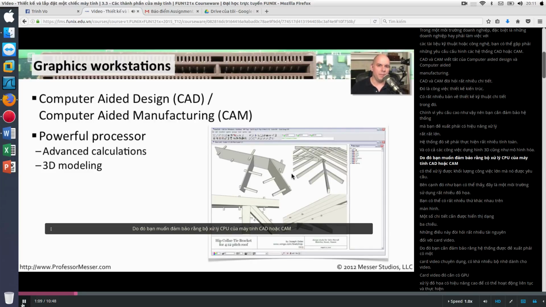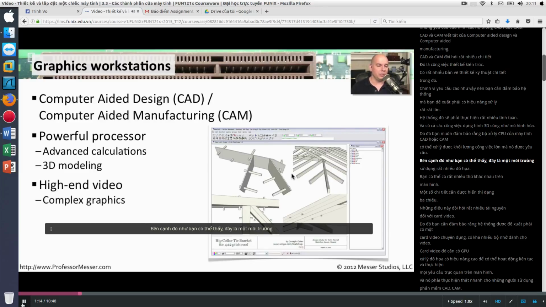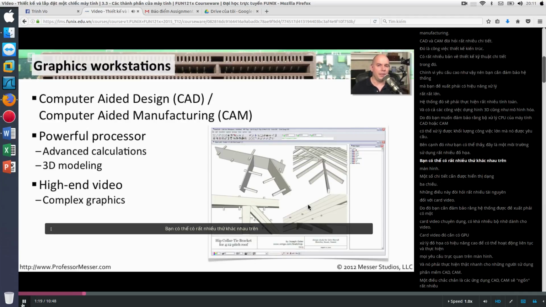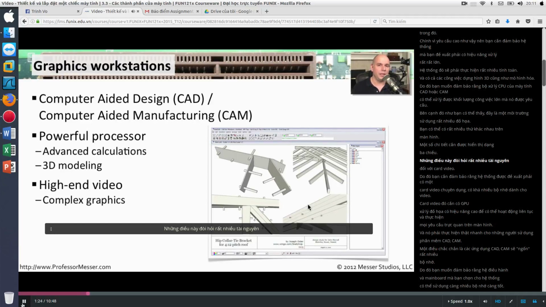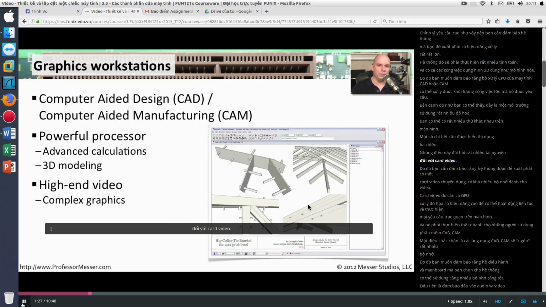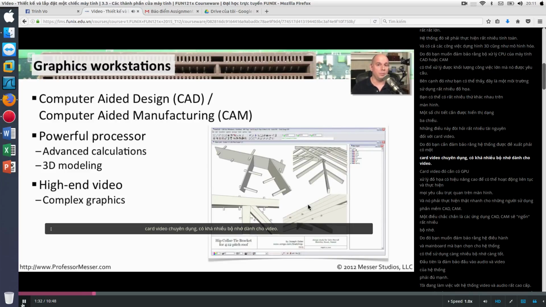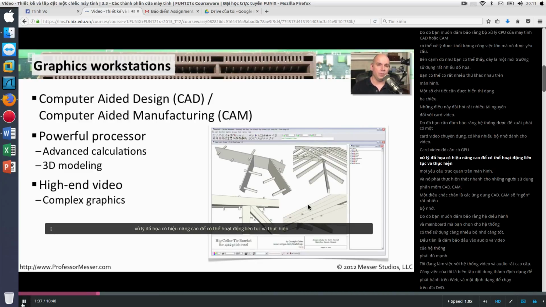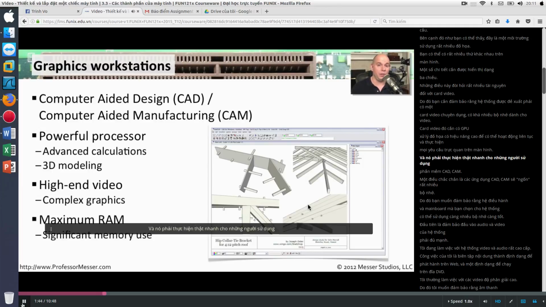So you want to be sure that the main CPU of this computer can handle the load that will be asked of it. This is also, as you can see, a very graphically intense environment. You can have a lot of different things on the screen, and you need to look at, in some cases, in a three-dimensional form, and that's really going to need a lot of resources on your video card. So you want to be sure that you have perhaps a specialized video card, one with plenty of video memory, one that has a very high-powered GPU on it for the graphics processing unit so that it can keep up and do everything that it needs to do visually on the screen and do it very, very quickly